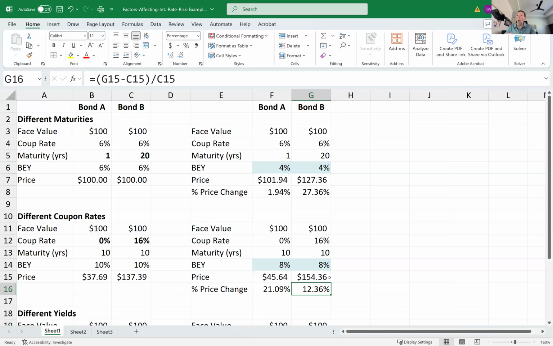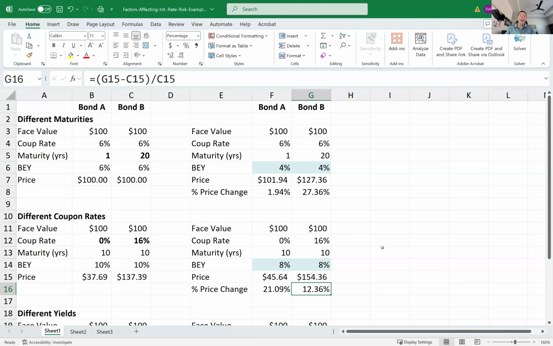Okay, you can't go any lower than a 0% coupon rate. So a bond with a 0% coupon rate has the lowest coupon rate possible, and that is going to be the highest amount of interest rate risk you can get based upon the coupon rate that is there. Well, one more thing that will have an impact on